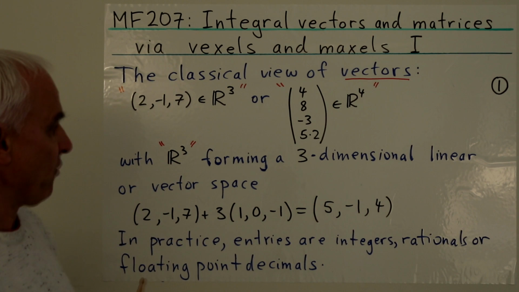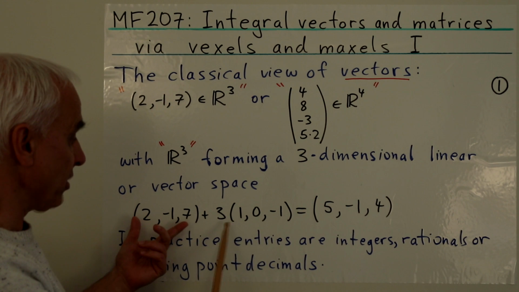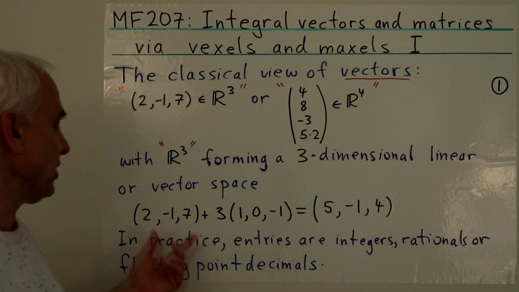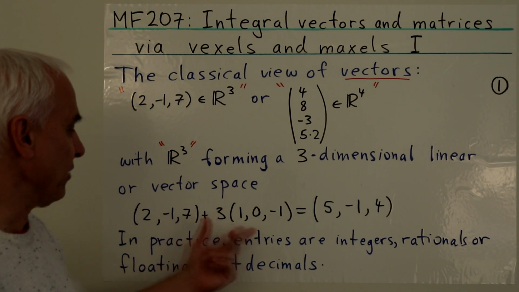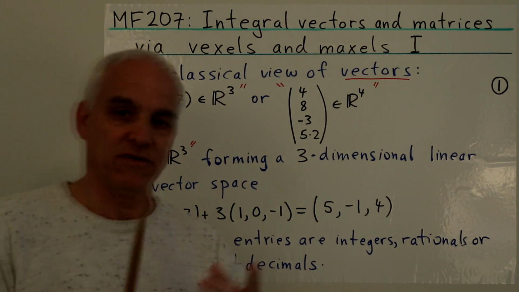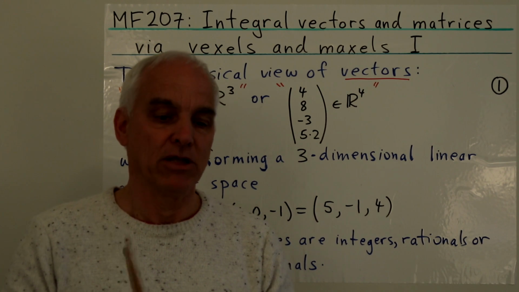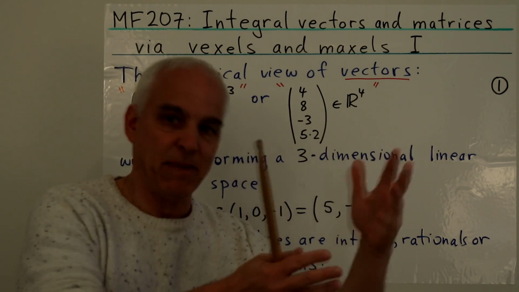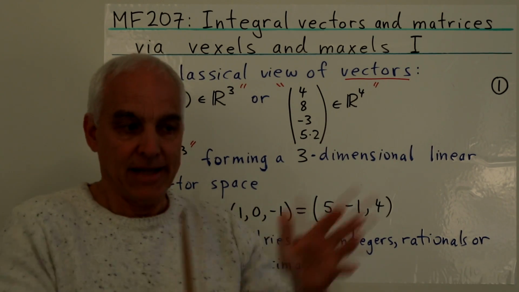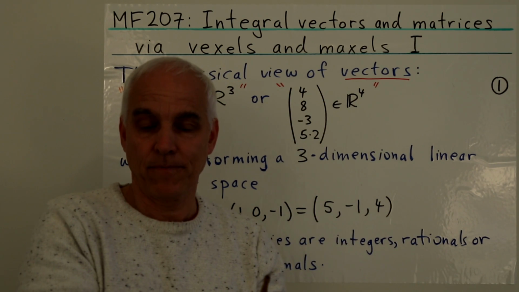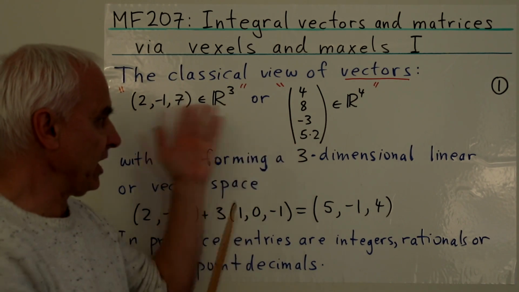But nevertheless, this is the usual story, and the idea is that these kinds of things, say these vectors here, form a three-dimensional linear or vector space, meaning basically that we can add them or scalar multiply them, or maybe combine addition with scalar multiplication. So here's an example of taking a vector, adding 3 times another vector, and getting another vector. So it's a kind of closed system with respect to these operations of addition and scalar multiplication. On the other hand, we have, say, R4, which is another space. It's a 4-dimensional space, and it itself also has this sort of closed aspect with respect to addition and scalar multiplication. But generally speaking, these things don't really interact with each other.